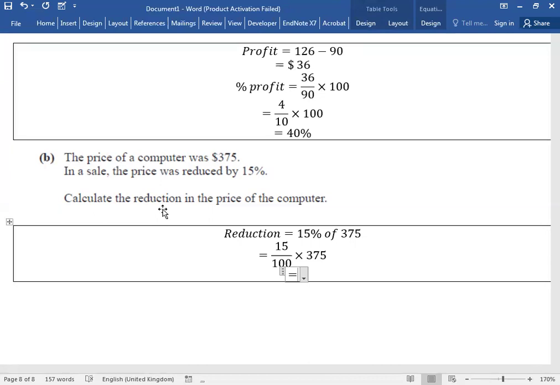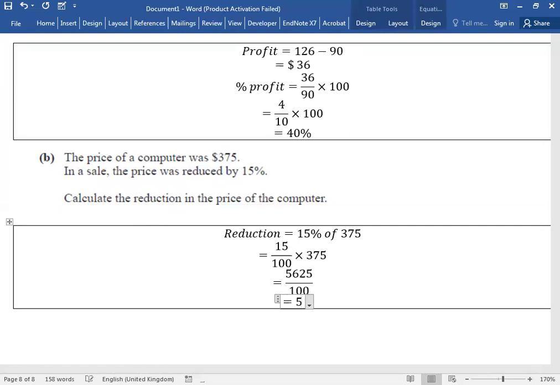Question पूछा कम कितने हुए पैसे? What is the reduction? 15% is the reduction. So 375 into 15 is what? 5 6 2 5. I'm trusting you with the value. When you divide by 100,